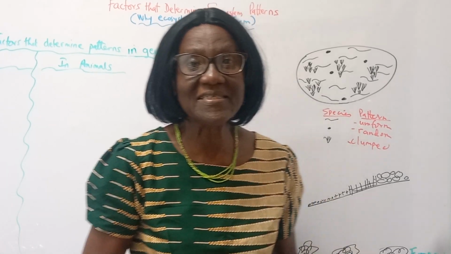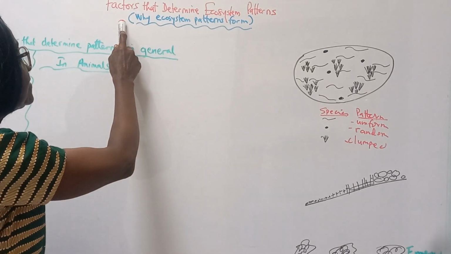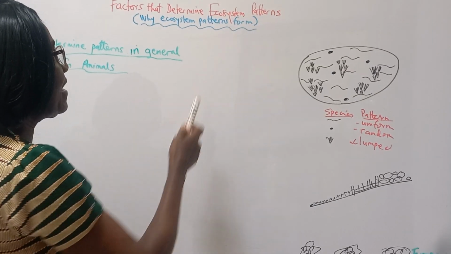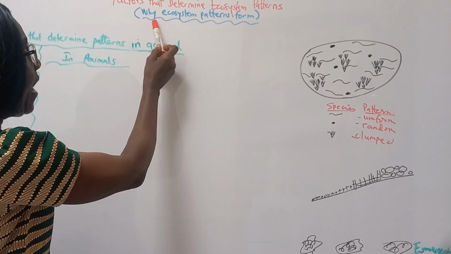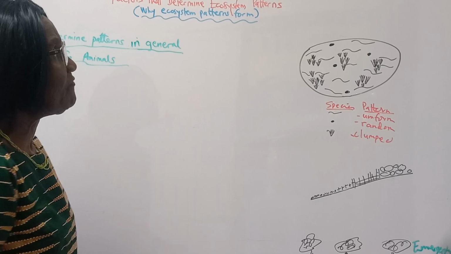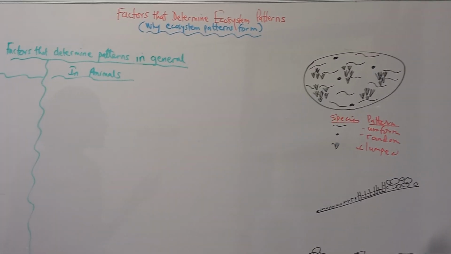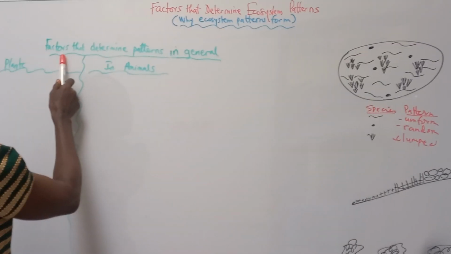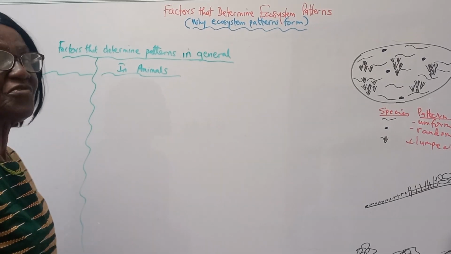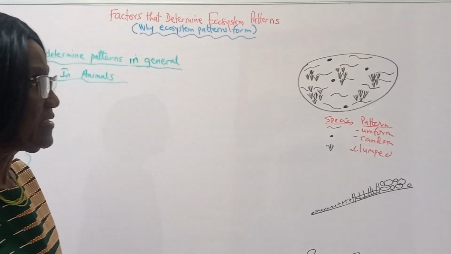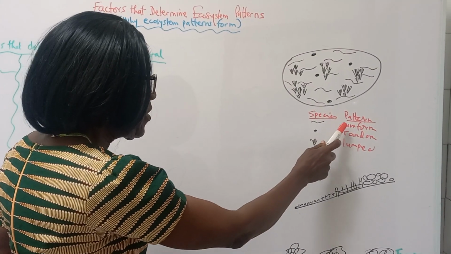In today's lesson, we are discussing factors that determine ecosystem patterns. That is, why ecosystem patterns are formed. Now, we will discuss factors that determine patterns in general, and then we will discuss factors that form each of